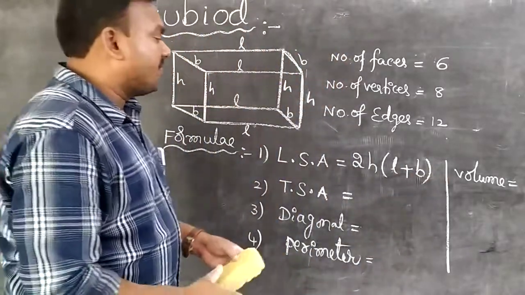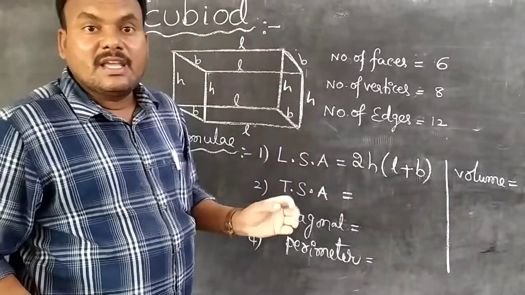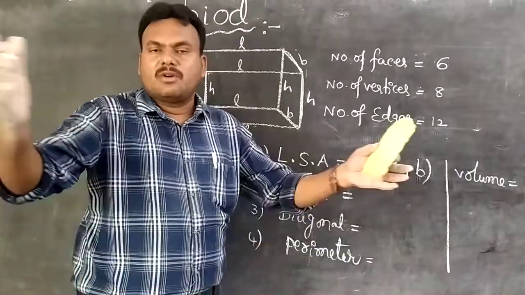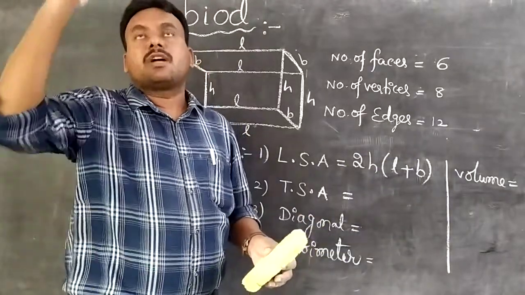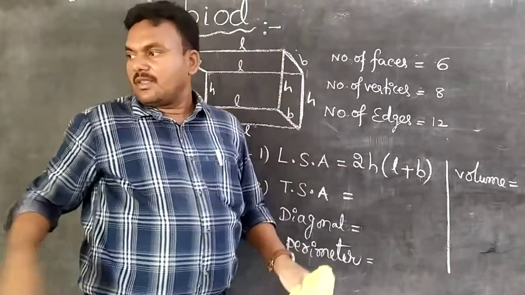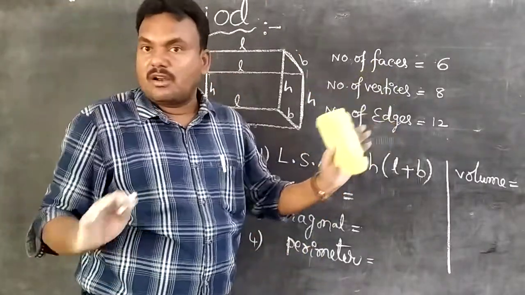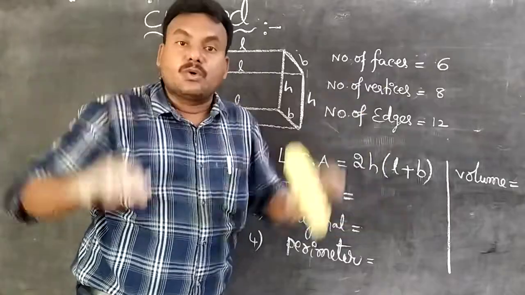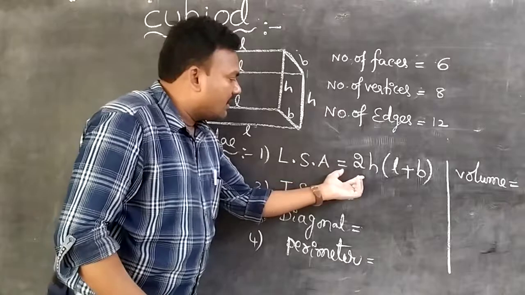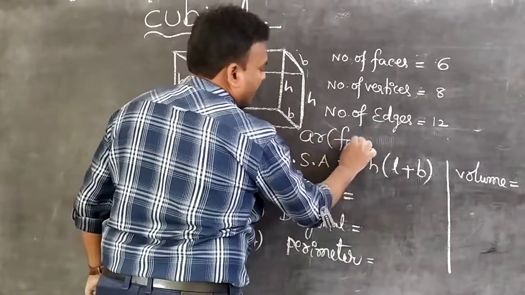Students, this formula is also used as area of 4 walls. Observe in your house, one room taken without top and bottom. Area of 4 walls, just this one only: 1, 2, 3, 4. Area of 4 walls only. We have not taken 6 walls. If it is total surface area, then top and bottom are also taken. So this formula is also used as area of four walls.